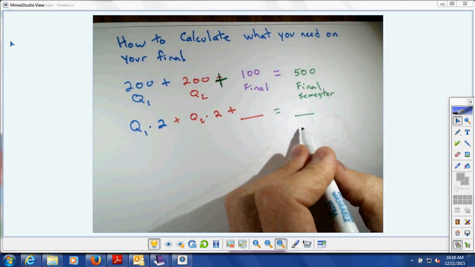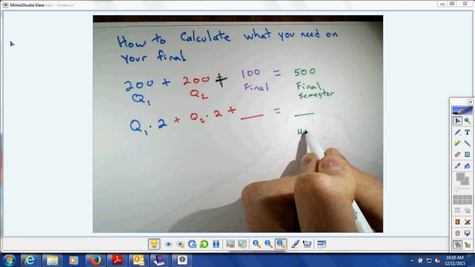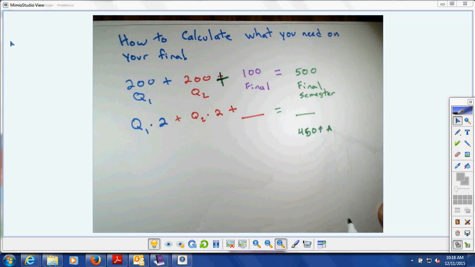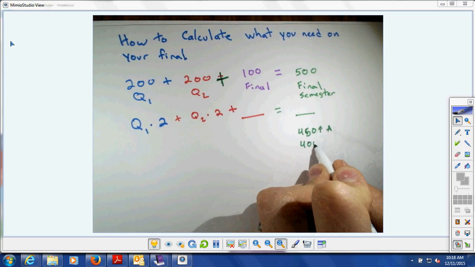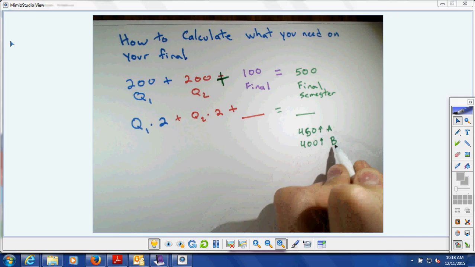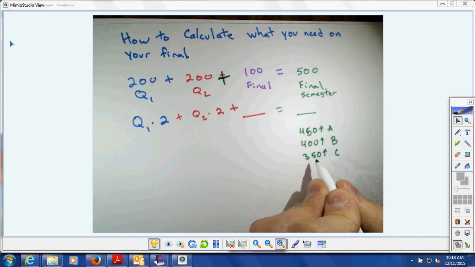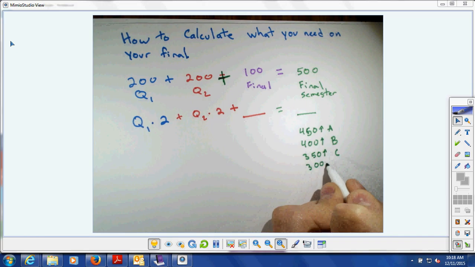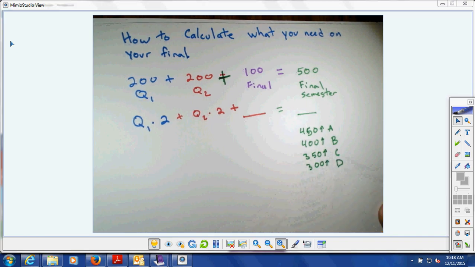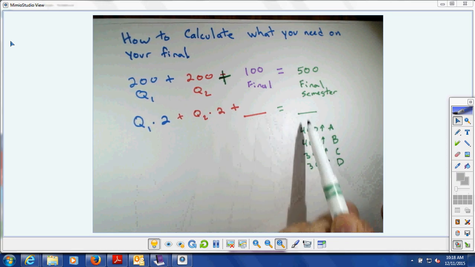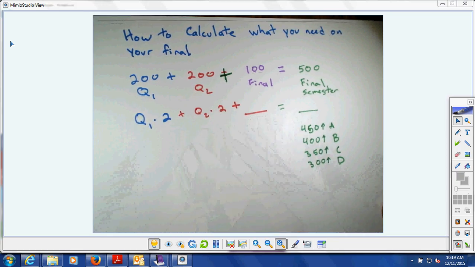the final semester grade, if you get 450 or higher, that will be an A. If you get 400 up to 450, that's a B. 350 and higher, every 50 points, it's going down 1 letter grade. And 300 is the threshold that you probably want. All right. And then we want to figure out this number. So you have to kind of choose what you want for these, and it might be dictated based on your